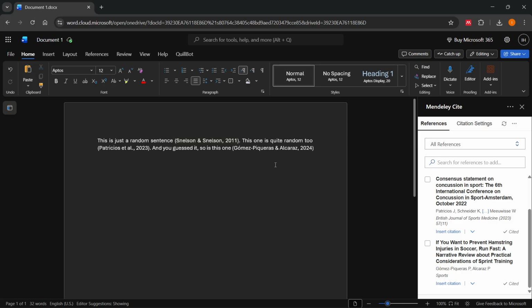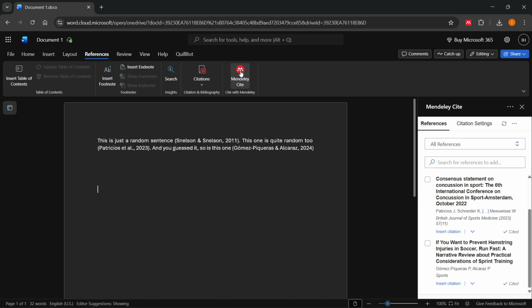And then when your text is done, you can position yourself wherever you want to insert, and you want to open this Mendeley site extension over here, or the add-in, inside your Word document. So go to References, click on Mendeley site, and you're good to go. From here, again, position yourself where you want to insert the bibliography. I'm going to insert mine over here, and then go to those three dots top right and click on Insert